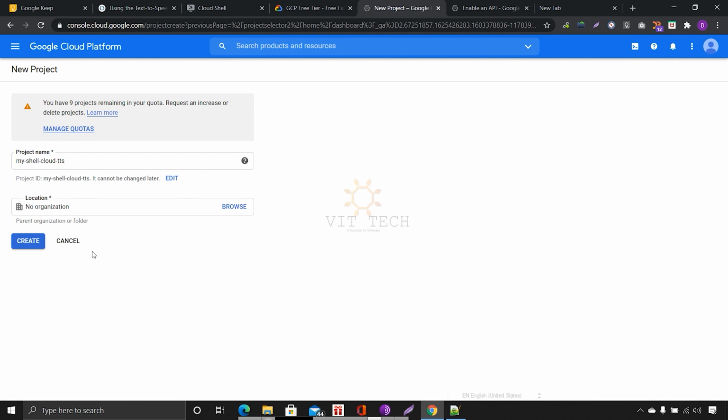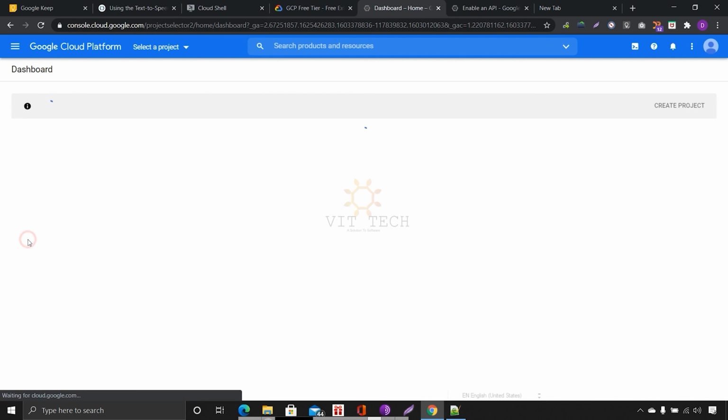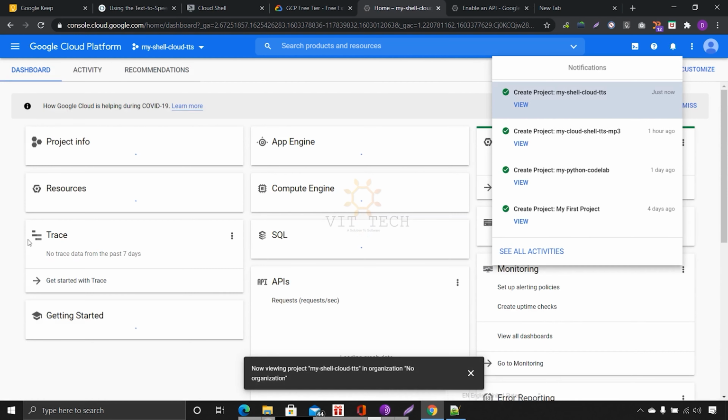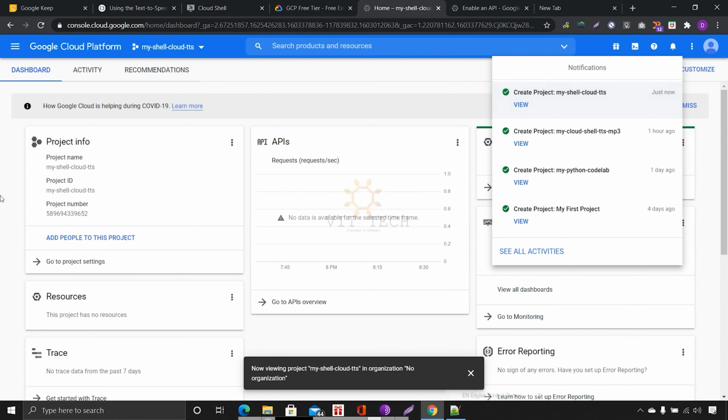So this is enough. Just click create. It will create the project automatically. Actually, it will create instantly. Now it is taking a little bit of time. Now it is created.